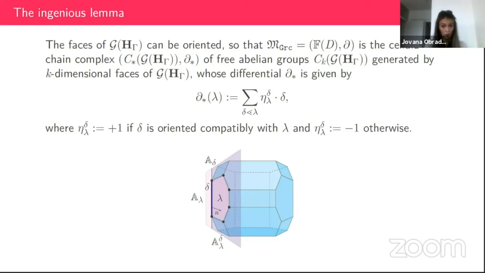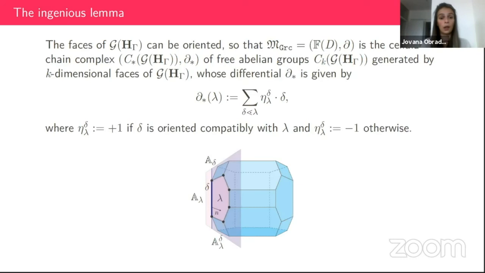So here just a comment on the notion of orientation. We say that a face of a polytope lambda is oriented if we have chosen a frame in the affine space A lambda of lambda, okay? And then if delta is a codimension 1 subspace of lambda, we say that delta is oriented compatibly with lambda if the frame that determines the orientation of delta, extended with the vector normal to that affine space, which moreover belongs to our polytope, determines the orientation of lambda.